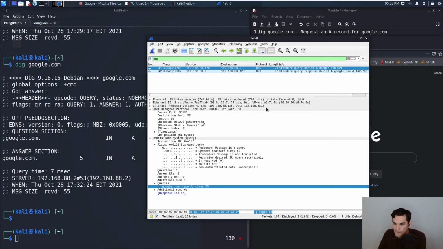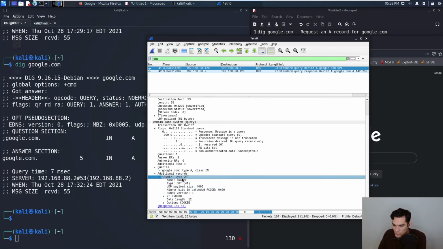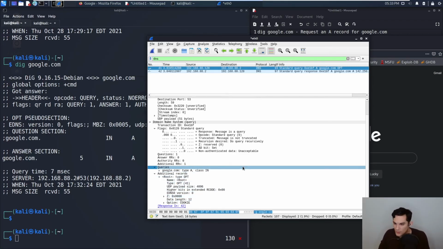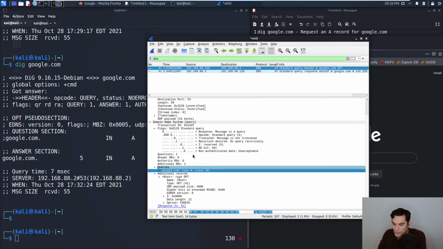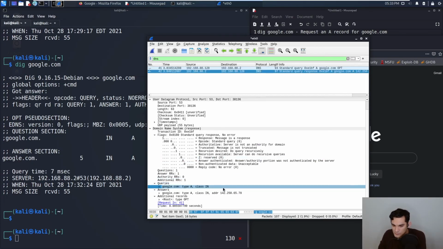And then we also requested this OPT. I forget what this is for, but there are a lot of extensions to DNS outside of the main queries for the standard record types. So this is our request coming in, google.com type A, and the response here, you can see